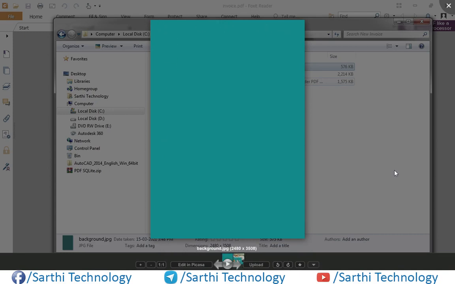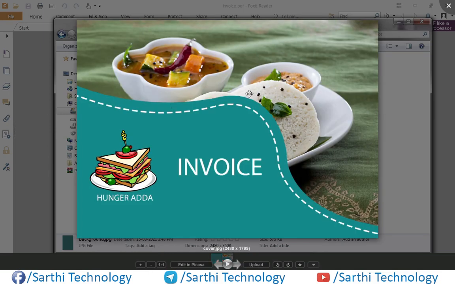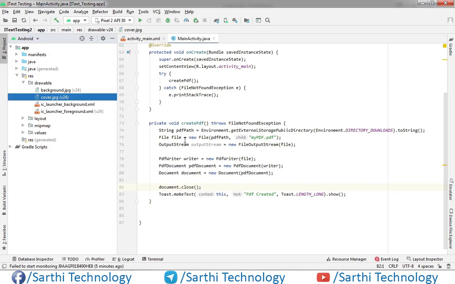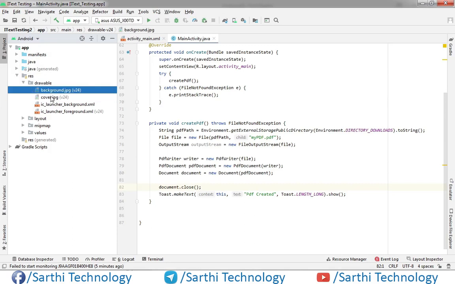And the other is this. Its width is same as A4, so it will fit on the page. So what you need to do, just copy these two images and paste in the drawable folder. I have already pasted that, and now